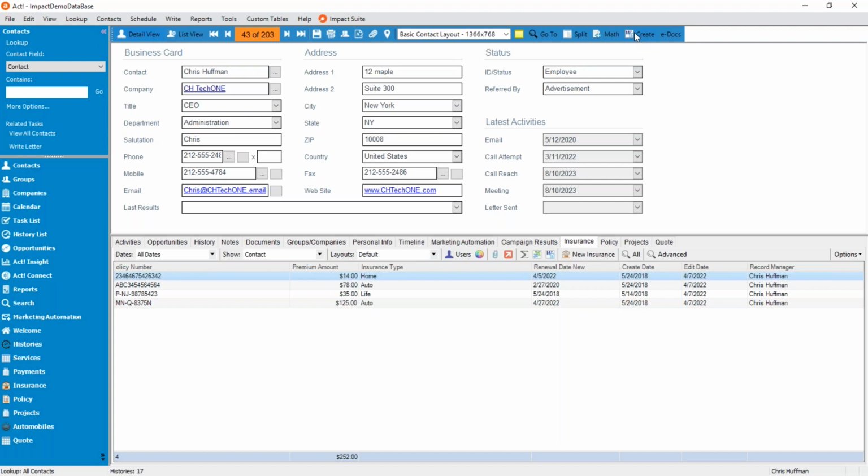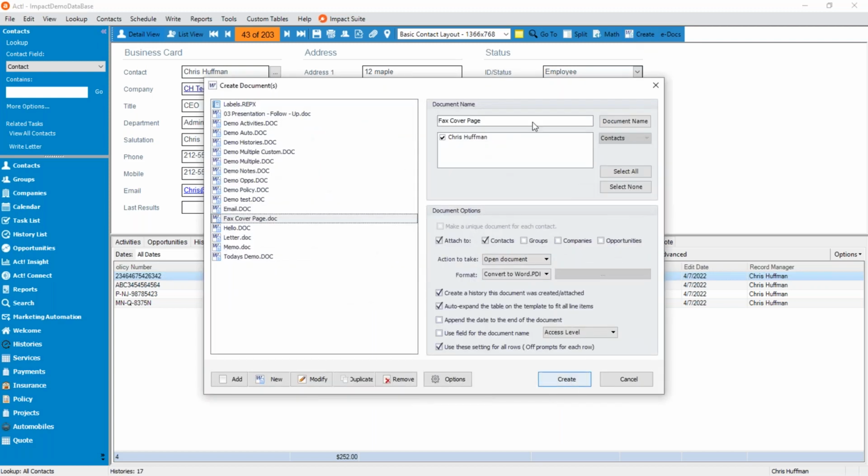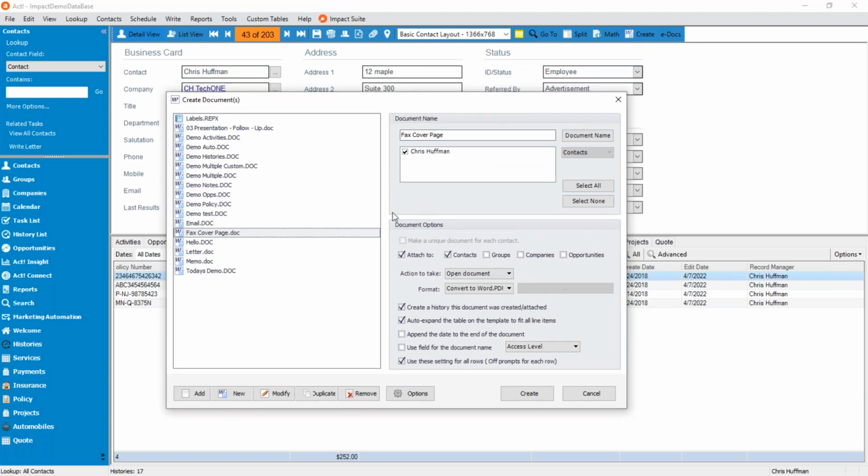Okay, let's go back. Now, every time I perform this create button, this window closes for me, which it should, so you go off and do other work. So every time I do something, I'm going to have to come back and hit the create button. All right, let's look at